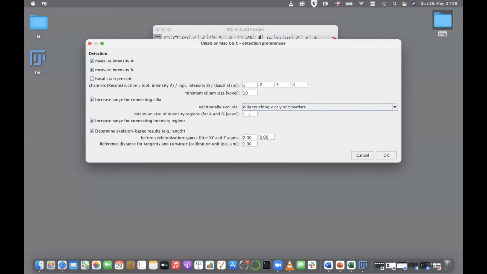The next option, determine skeleton-based results, that you can see here, is used for skeletonization of cilia. So the skeleton that is determined is used to determine the length of the cilia and intensity profiles along the central track, which is basically the skeleton of your cilia. You use this option to avoid that you have too many side branches, and you should always use a Gauss filter where you must adjust the sigma if you get too many side branches or length estimations do not work